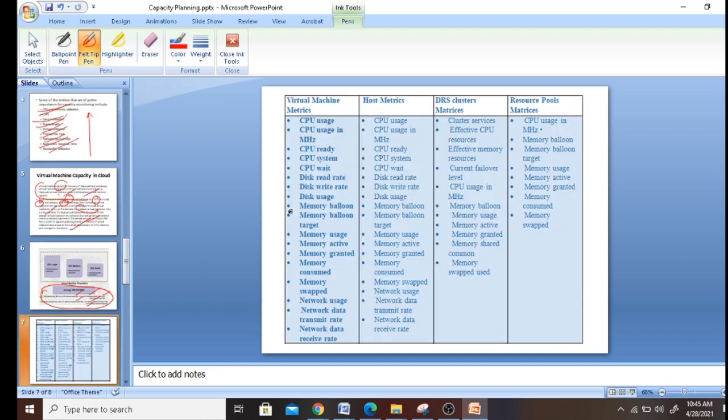Then we have the virtual metrics which are used for calculating. In CPU metrics, you have CPU usage, usage in megahertz, CPU ready, CPU system, CPU wait, CPU disk, and other things. Host metrics, CPU, virtual machine metrics, then host metrics. What is the CPU capacity? What is the time it has taken for that? Memory usage, memory activated, clusters. How you are going to use this resource pooling, which we have already seen in our previous class. What is meant by